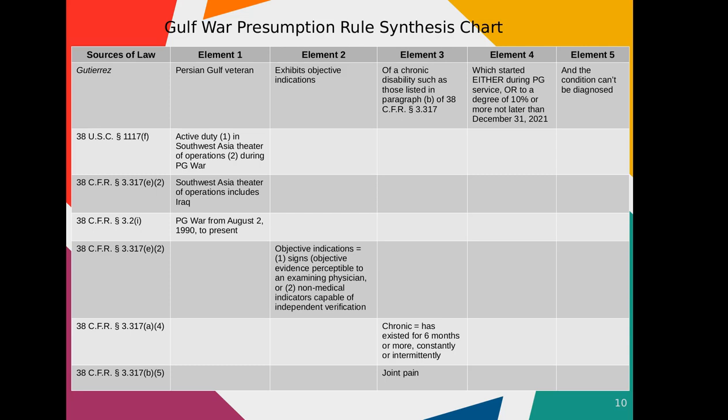So that's helpful. Then we have element 2, objective indications. 3.317E2 is helpful with that. They're either signs or non-medical indicators, and it defines what those are. Element 3, a chronic disability listed in that paragraph, and we have a definition of chronic in 3.317A4. And in the list of disabilities listed under paragraph B, we do have joint pain,